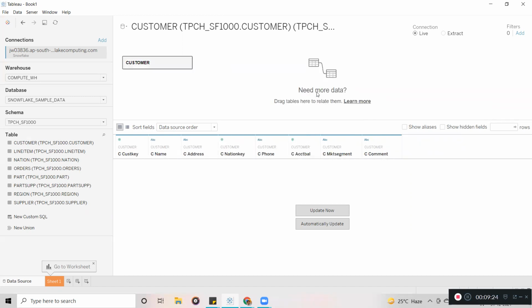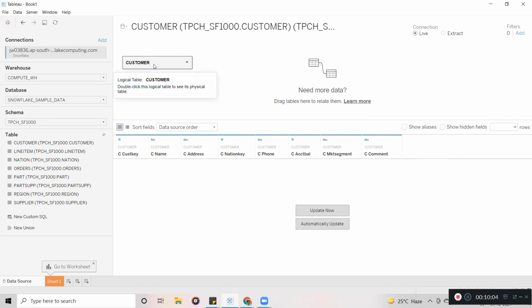The physical joins means here only we are going to mention whether we need an inner join or left join or right join or full outer join. We are going to mention it here only. In a logical relationship, we are not going to mention the join type. As of now, whatever we have seen is the logical layer, guys. Now we are going to see the physical layer. In the physical layer, you can mention the join type. Now you can see the customer table is already added here.